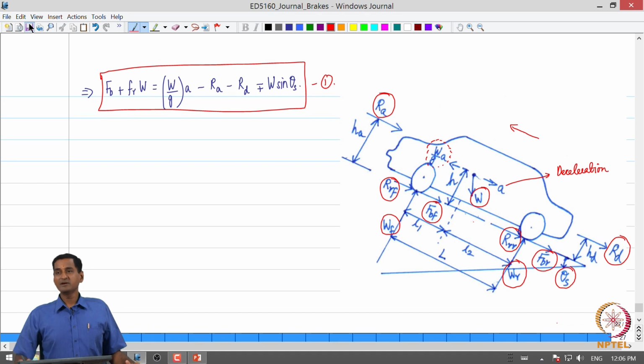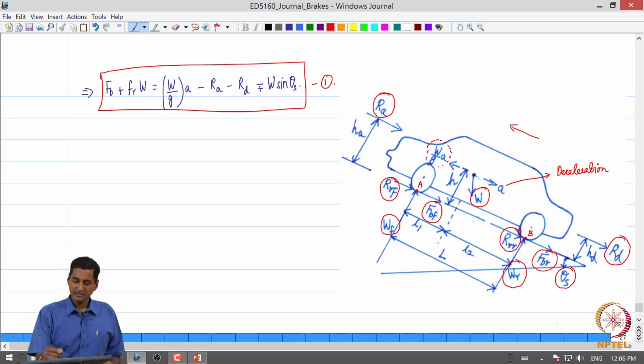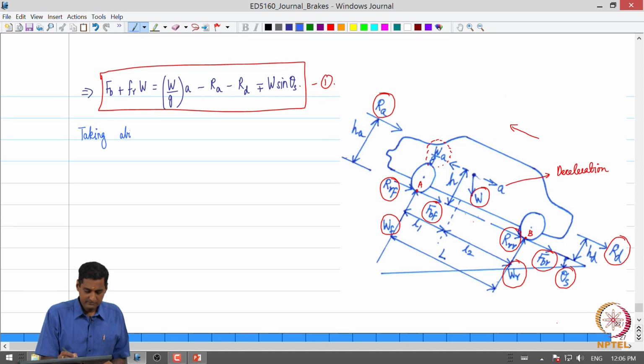So, now what is the next step that we would do? Let us say we call these points of contact A and B respectively, where the center of the front tire-road contact is A and the rear one is B. So, we take moments about these 2 points. Okay. So, taking moments about point B, or balancing the moments about point B, right,